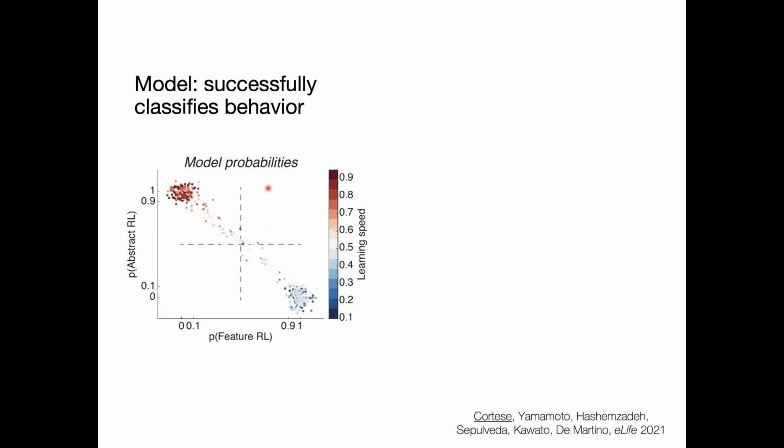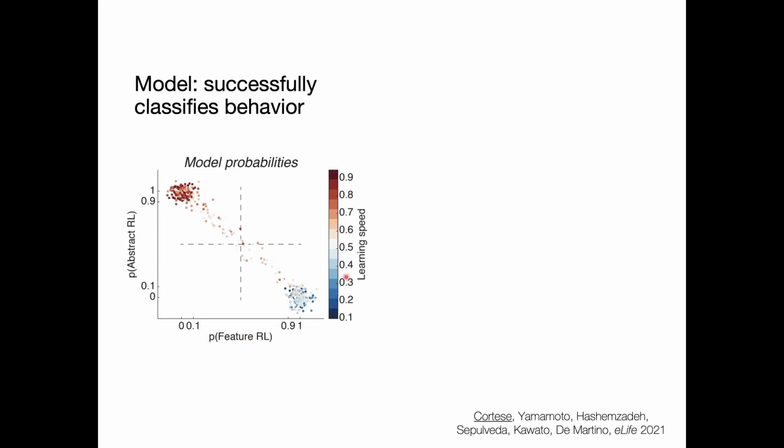Again, as I said, because we can use these two models in parallel, we can really look at the behavior and classify the behavior. Here you can see that every single dot in this plot is one block for one participant. What this plot shows is that across all participants, they seem to use both learning strategies. On some blocks, participants will use an abstract strategy, and on some blocks, they will be more likely to use a feature-driven strategy, so really trying to remember all possible combinations of features without focusing on the relevant one.